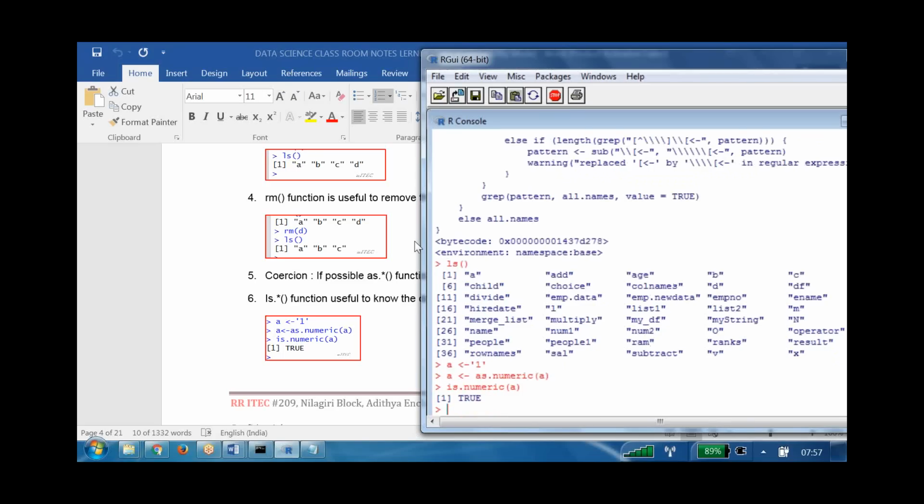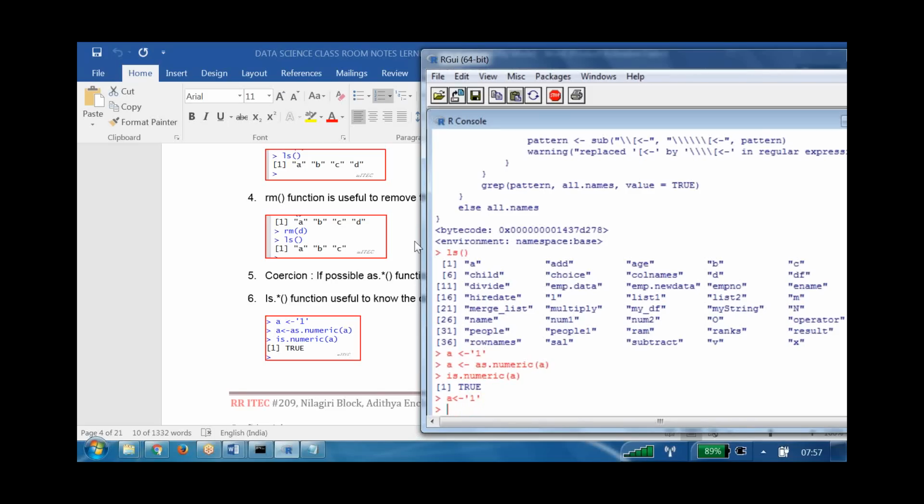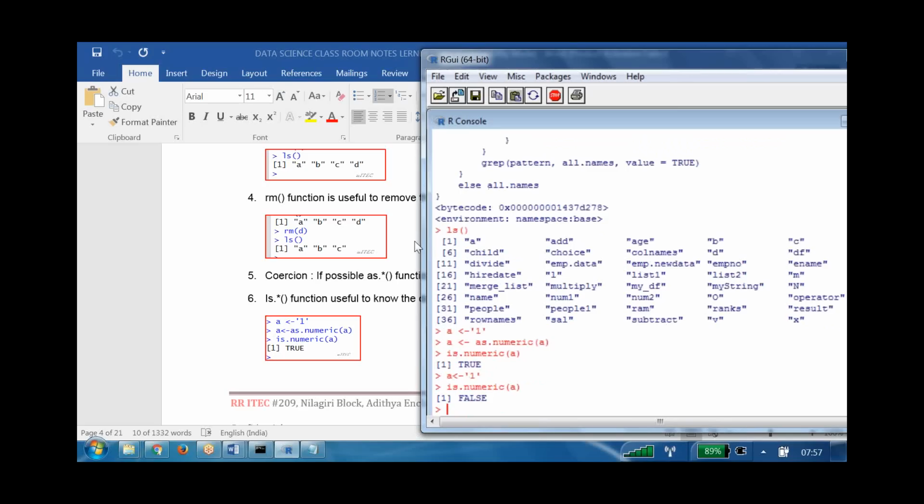Okay. Let us say you type a is equal to, the assignment operator, again 1 in single quotes. Enter. Now type is dot numeric of a, it is going to give you true or false. Now what is it giving?